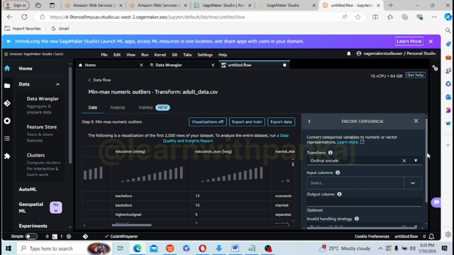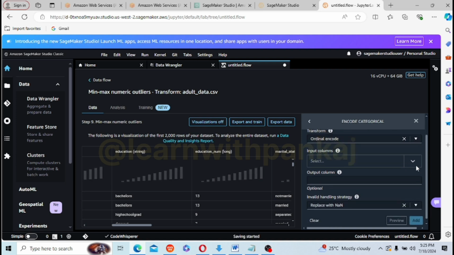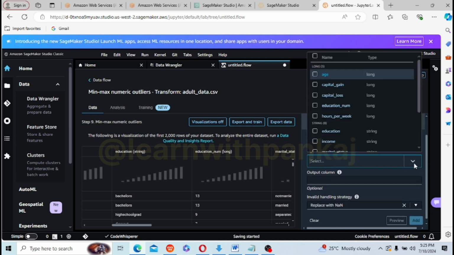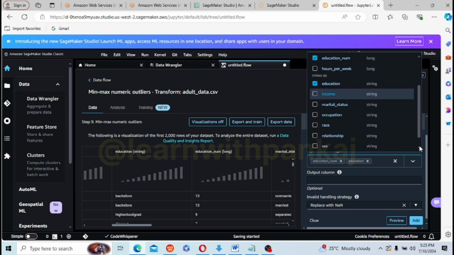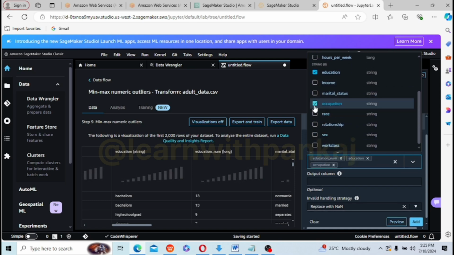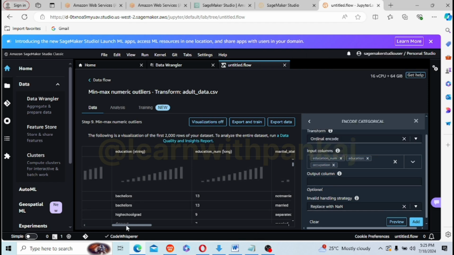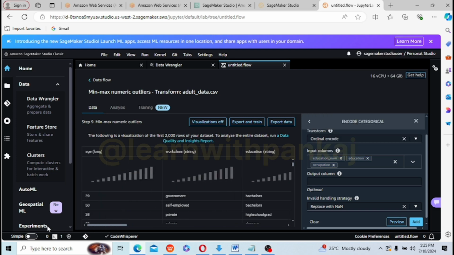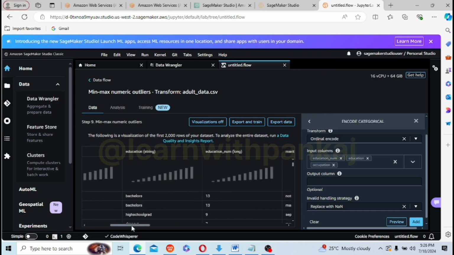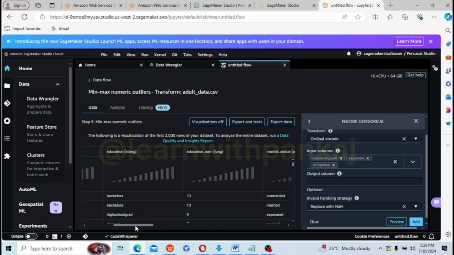Now we are going to apply ordinal encoding. In the input column we are going to select education num, education, and the occupation as well. If you see the values in here, education has bachelor, high school degrees, other details, and in the education num the entries are not starting from 0.